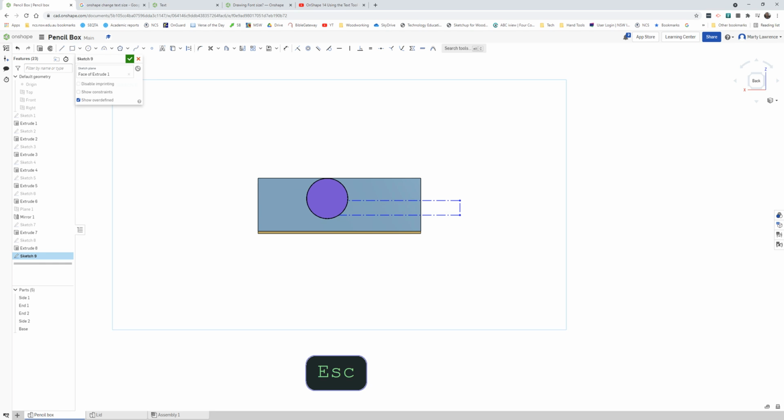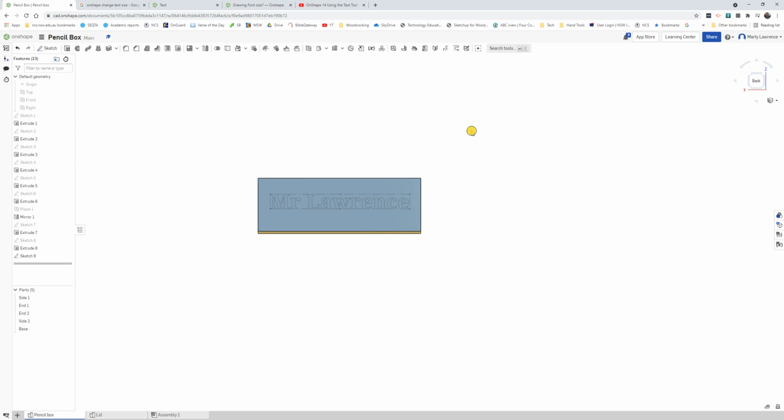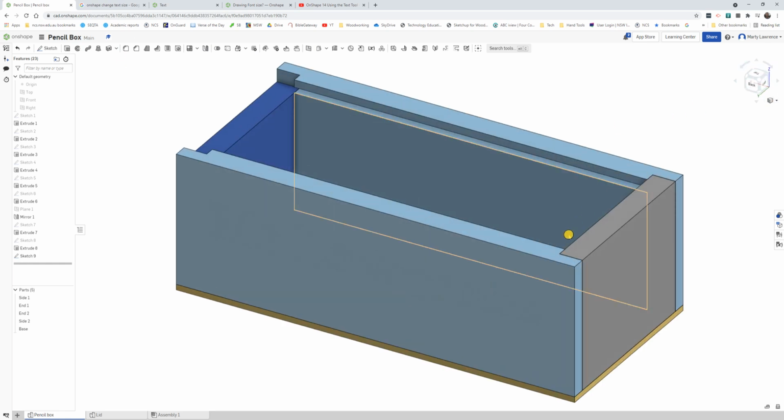we can drag this. Notice that it's kind of fixed in the middle, so you actually have to drag from the corners and get that centered in there where you think it looks good. And once you are happy, we can hit the tick. I'm going to go back to a 3-dimensional view,